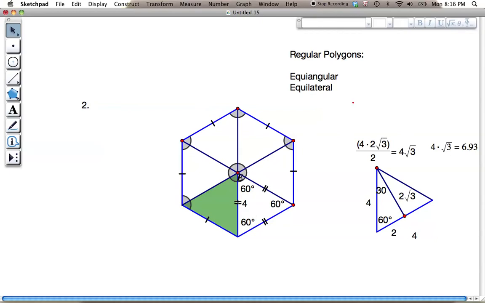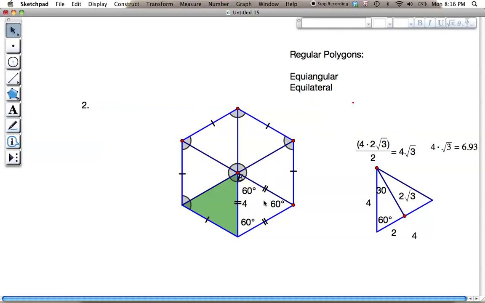Well, I know that these lines must be equal in the center, and I know that these lines must also be congruent to my sides of the regular hexagon, because I found out that if I split 360 degrees, which is the whole center of anything around a point, into 6 equal portions,